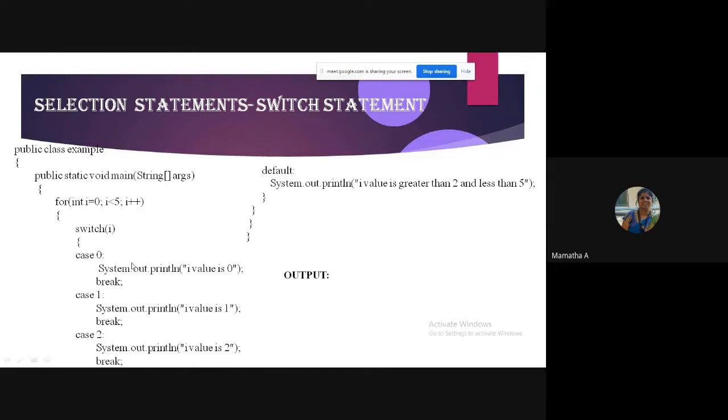You can see that I have placed the switch statement inside a for loop, wherein the expression is the value being fetched from the for loop variable. Can anybody give me the answer? You can unmute yourself and give me the answer.